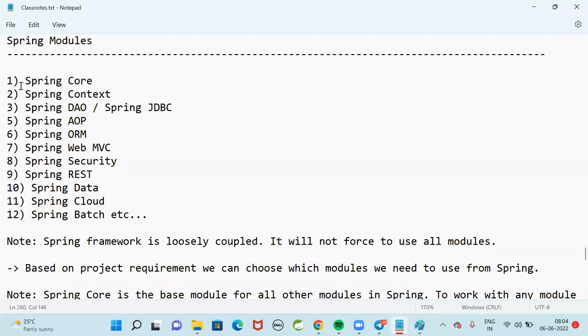Without knowing Spring Core module, you cannot learn or use any other module in the Spring.